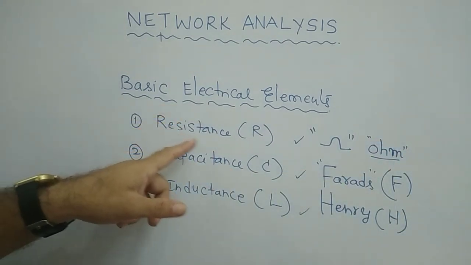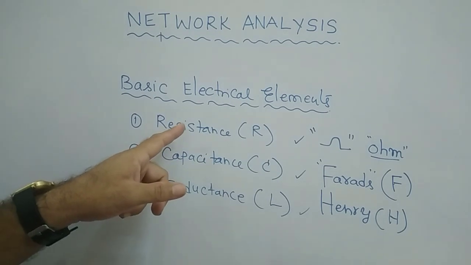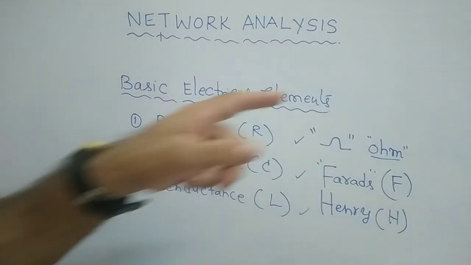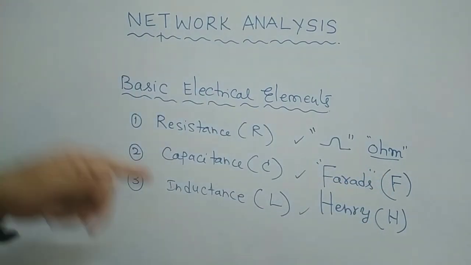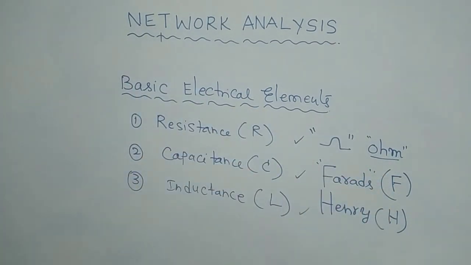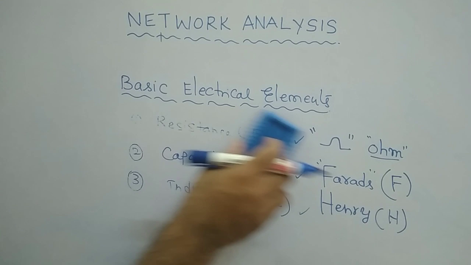So the unit of resistance is ohm, means that the resistance is measured in terms of ohms, and the capacitances are measured in the farads. Okay, our inductances are measured in terms of henries. Clear? So likewise, and similarly let us see